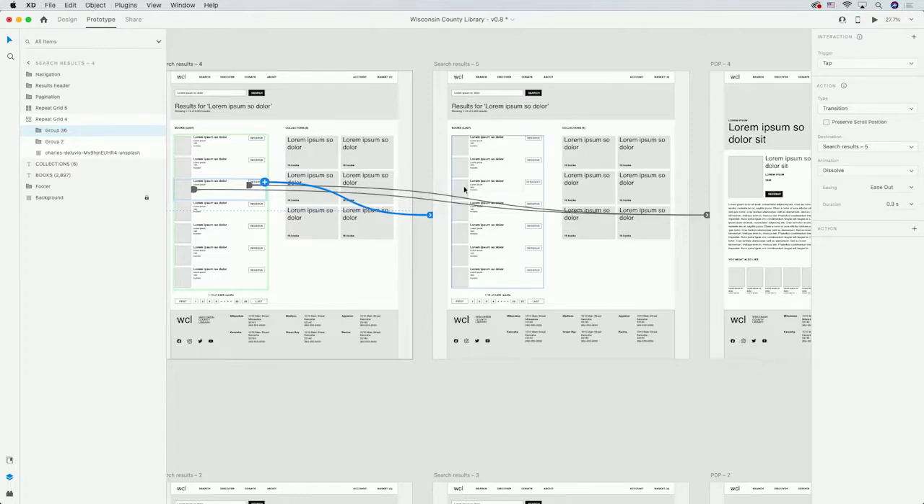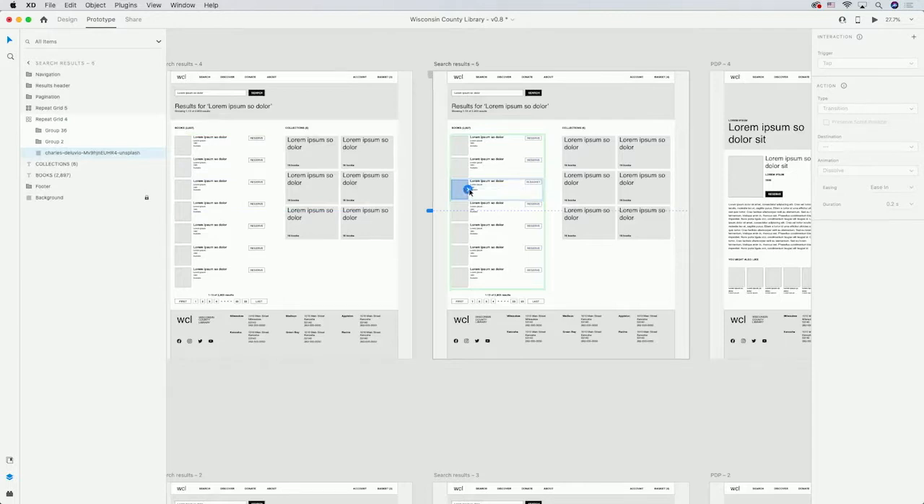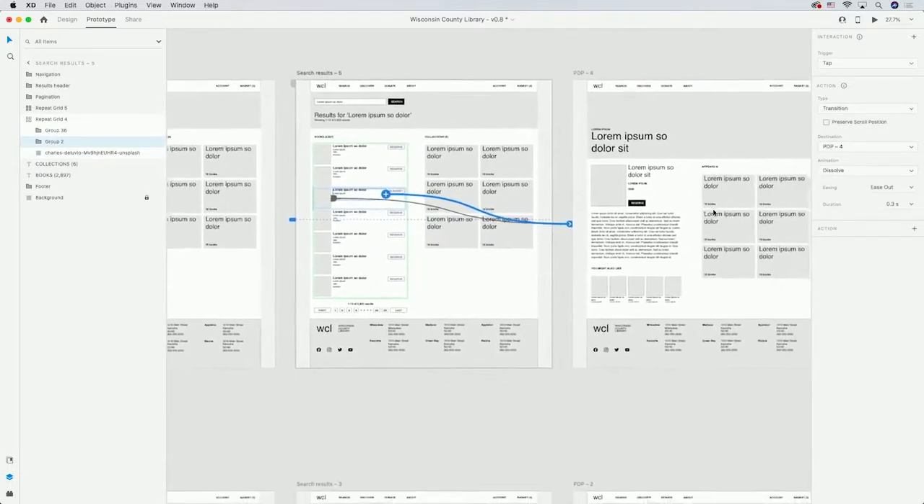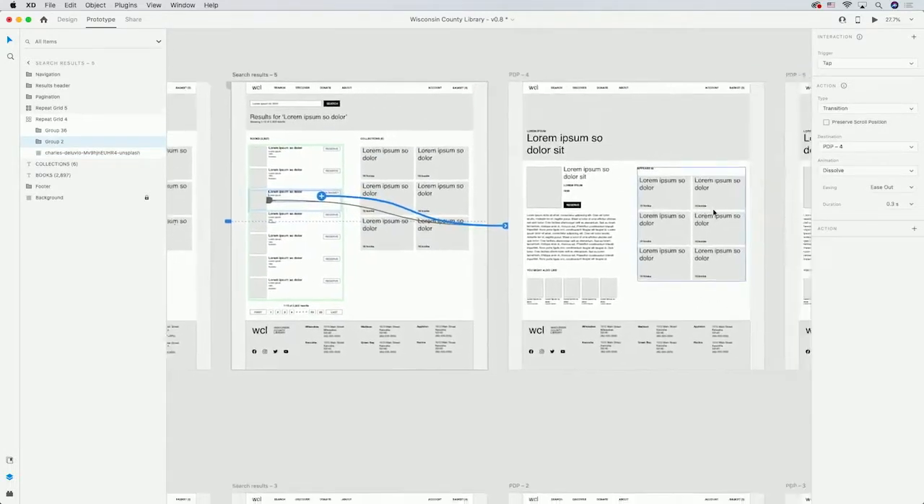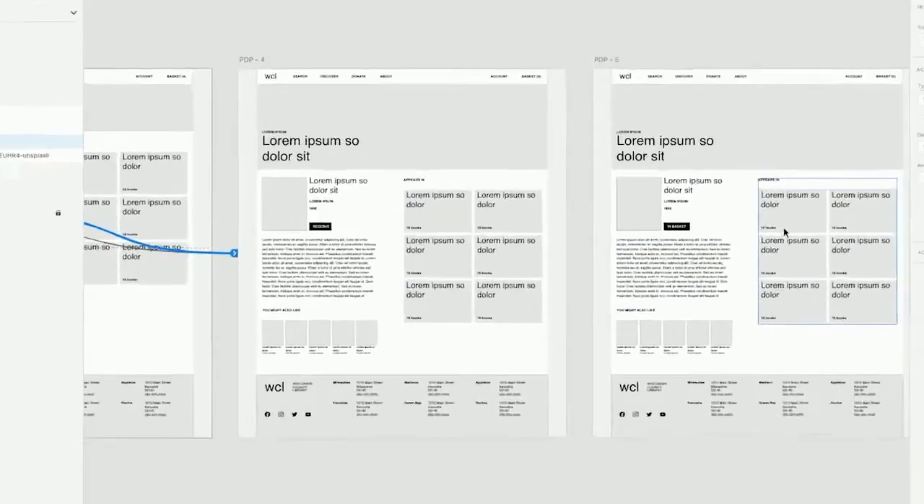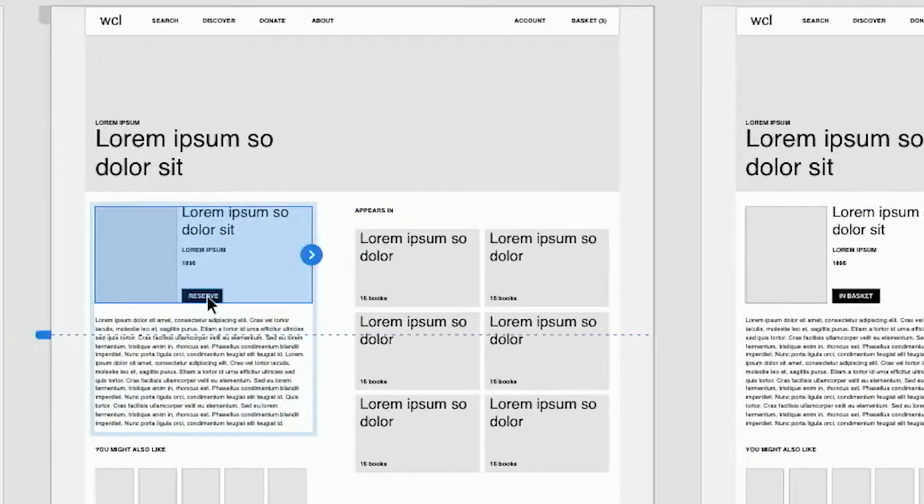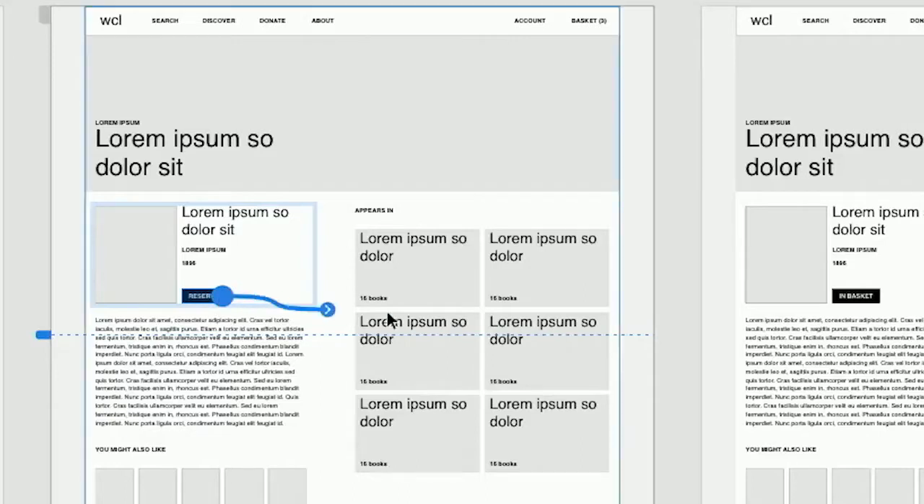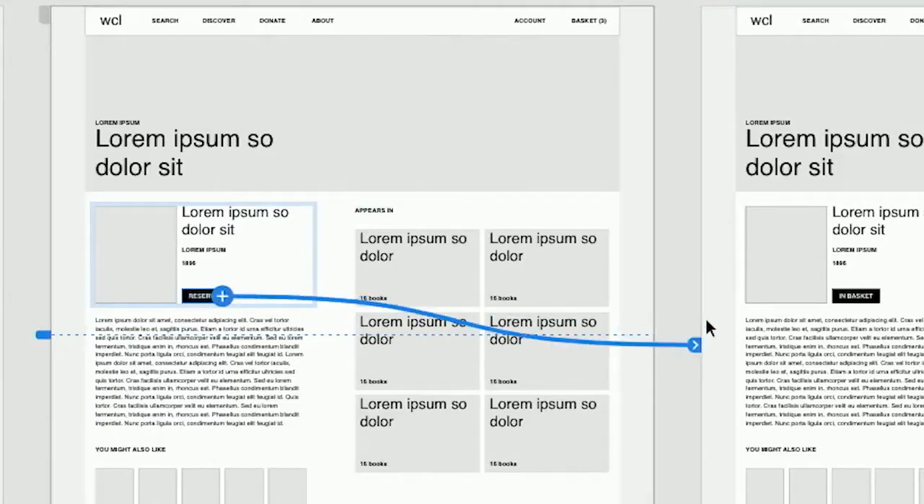Okay, so I'm on the second search results artboard. I need to connect the book image and the group accompanying text to the PDP artboard. On the PDP artboard, I'll connect the reserve button to the second PDP artboard. The one thing that changes here is that the reserve button now says in basket, which indicates that the user